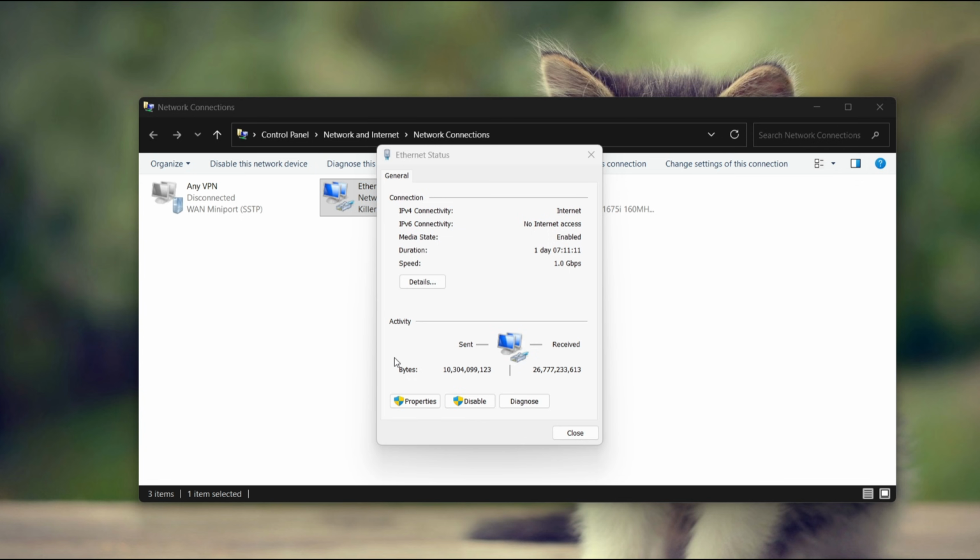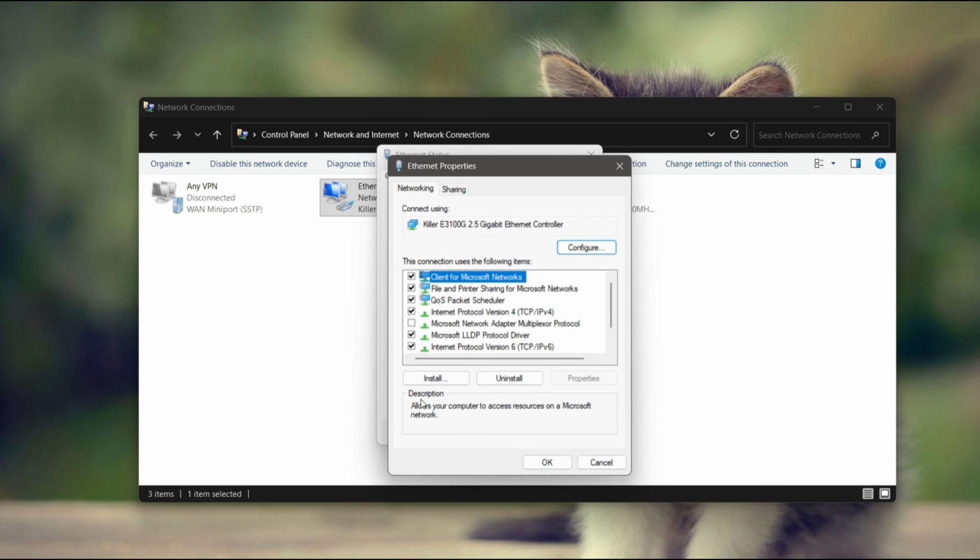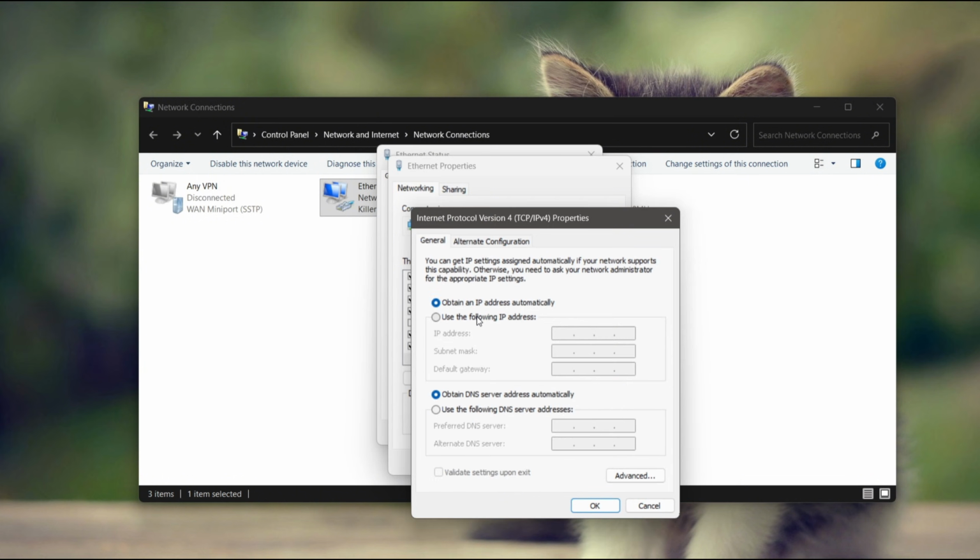In our Ethernet, we're gonna go to our properties, and then we're gonna go with the Internet Protocol Version 4, and make sure it's on obtain an IP address automatically. And for this second option over here, press use the following DNS server addresses. Then you're gonna put in